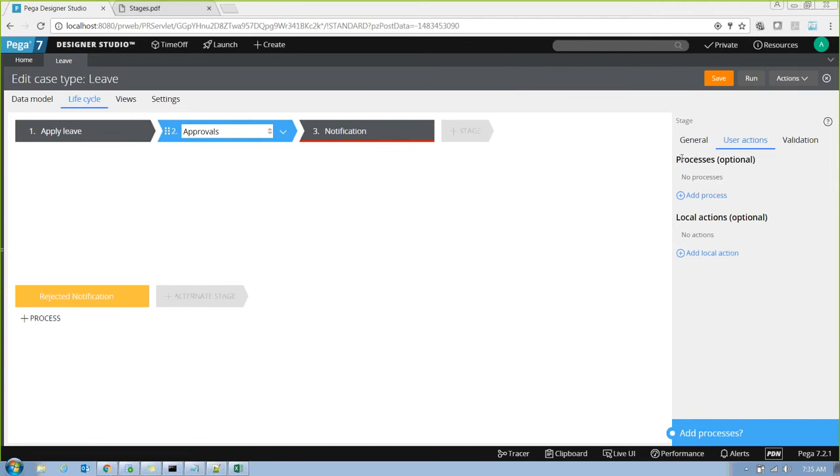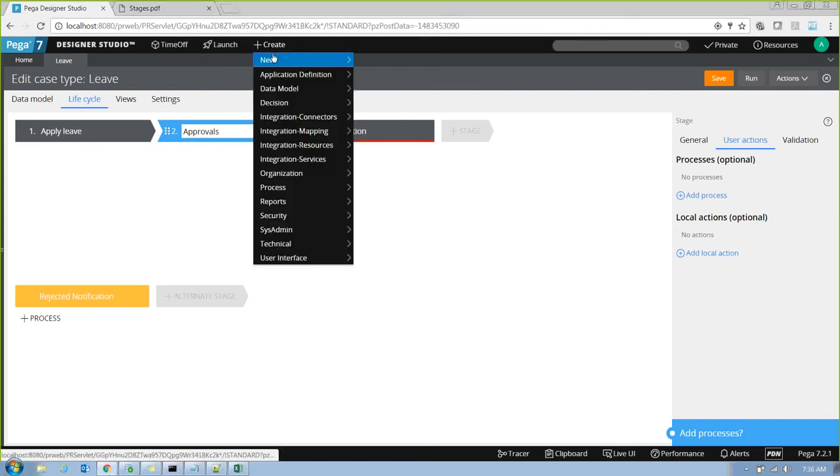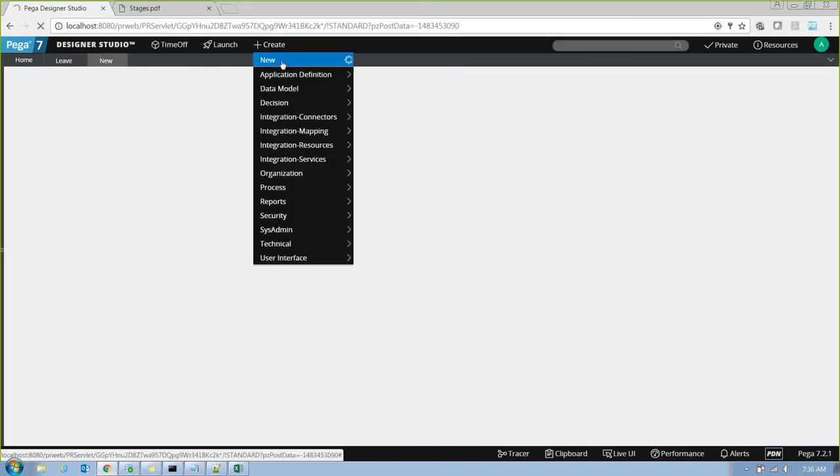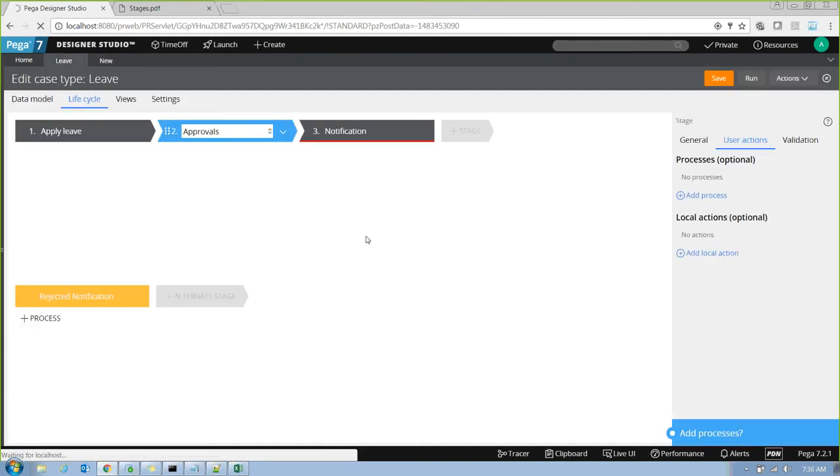What do you mean by operator screen, Jyoti? Do you mean the end user screen? Okay. So the end user screen you can see only after you complete creating your stages and flows. So when you click like this, you will see the end user screen. From create, I launched. Okay, create new, your case type will come. Create new leaves, then you can see the end user screen. But the end user screen will come only after you complete your stages and flows and the UI part.